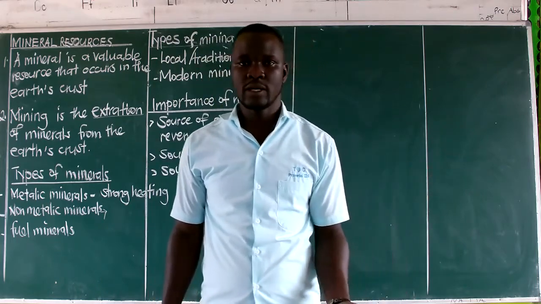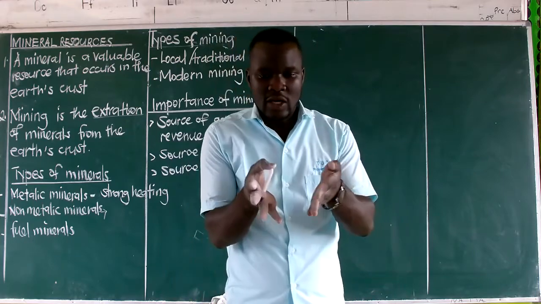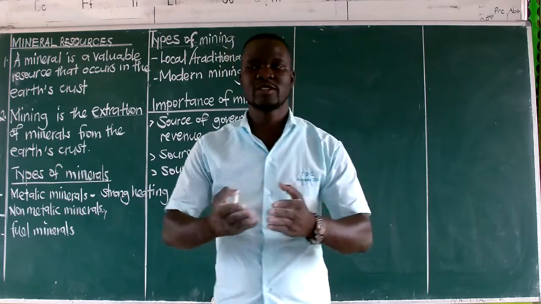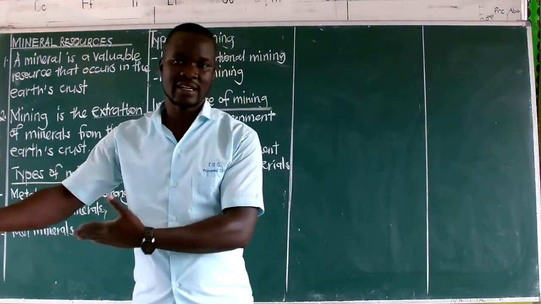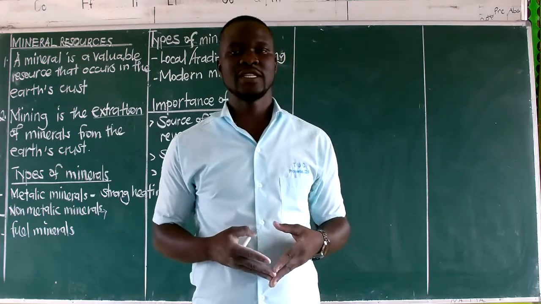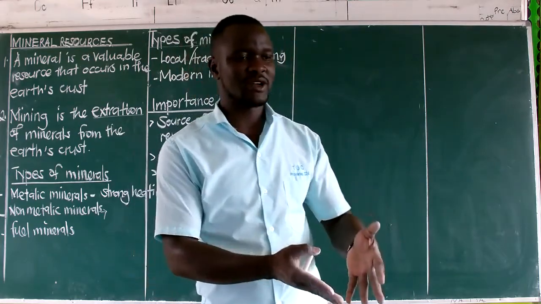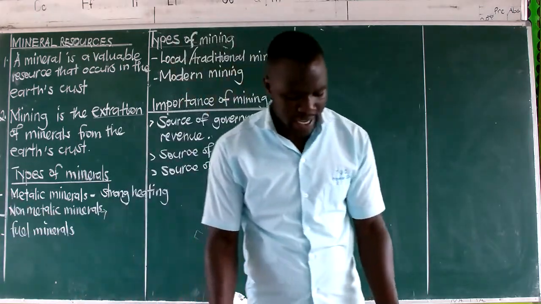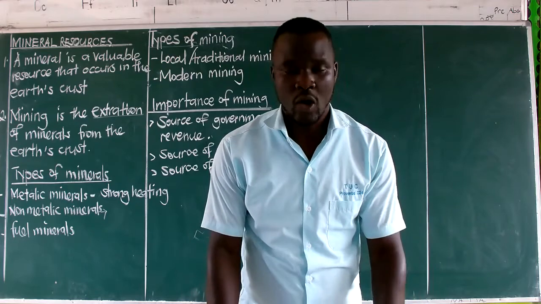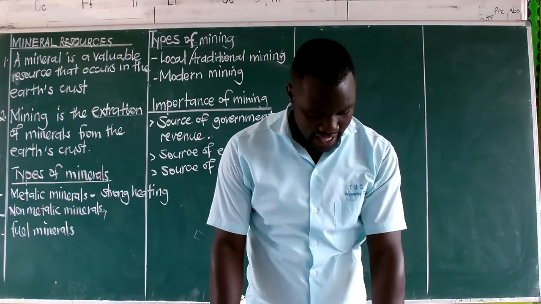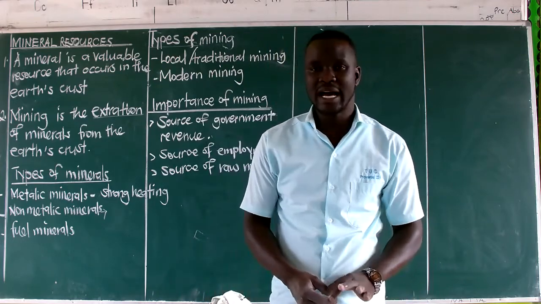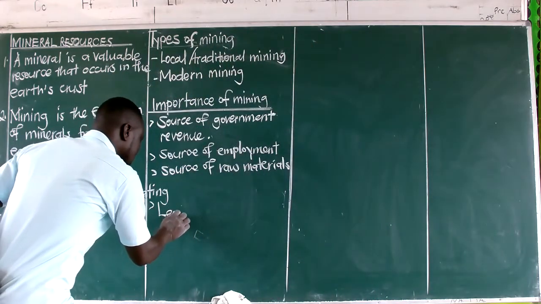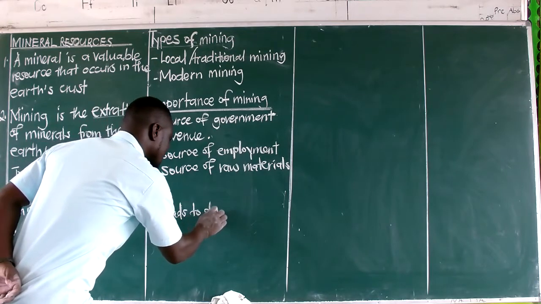Copper bullets, which means these raw materials, this copper, these minerals mined can be processed into other products. And since they are to be processed, then we shall call them raw materials. They are raw materials which are needed to be used to make other products. So, due to mining, it provides people with raw materials. And then mining also leads to the development of what we call infrastructure.